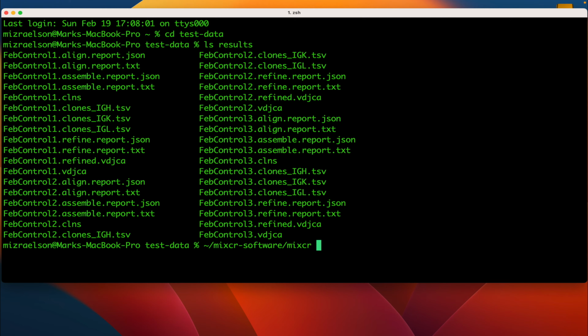Now, the name of the function is export QC. Then the name of the metric is align. And finally, I have to provide the input files, which we have in the results folder. Now, you can use both VDJCA files or CLNS. Both of them have all the information needed to perform the analysis. So I'm just going to go and type star.clns, which means take all of the CLNS files in the results folder and align